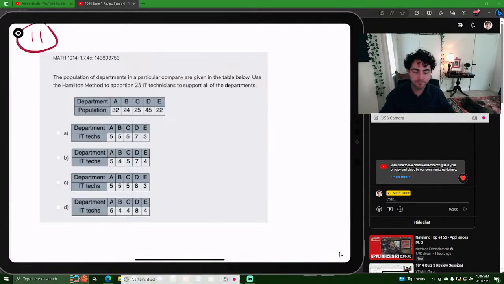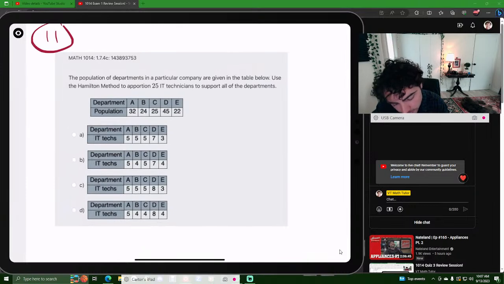All right. They say the population of departments in a particular company are given in the table below. Use the Hamilton method to apportion 25 IT technicians to support all of the departments. So the idea here is they're giving us